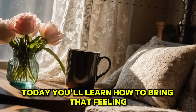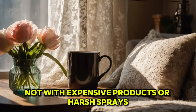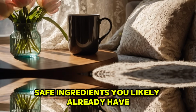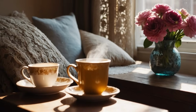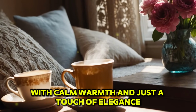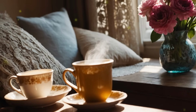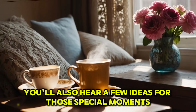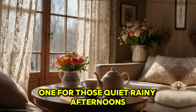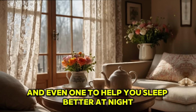Today, you'll learn how to bring that feeling into your own home. Not with expensive products or harsh sprays, but with simple, safe ingredients you likely already have. Together, we'll create a few natural blends that fill your space with calm, warmth, and just a touch of elegance. You'll also hear a few ideas for those special moments. A scent for when the grandkids visit, one for those quiet, rainy afternoons, and even one to help you sleep